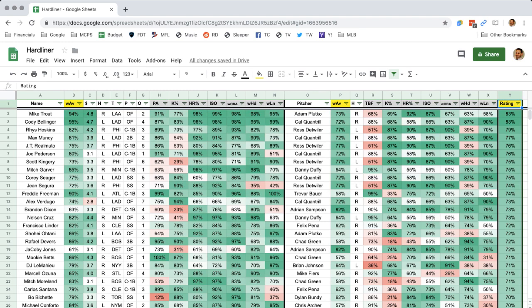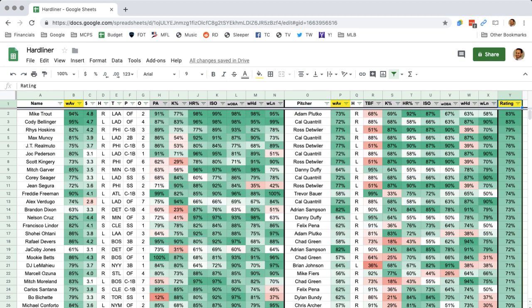Would I like to zoom in more? Yeah, sure, but I feel more comfortable with season-long, larger sample sizes.